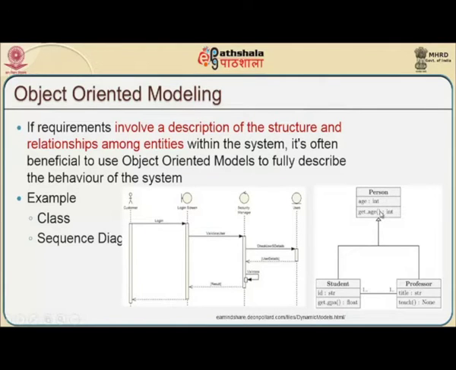Likewise, I have one other diagram, which is called a class diagram, which involves a person whose age is an integer and get age returns an integer. These are inherited by either a student or a professor, who has a relationship like 1 to 1. These kinds of representations give us a lot of comfort in representing the relationship between two different entities. Thereby we can clearly describe the behavior of the system. This way of projecting is called UML, which is Unified Modeling Language.